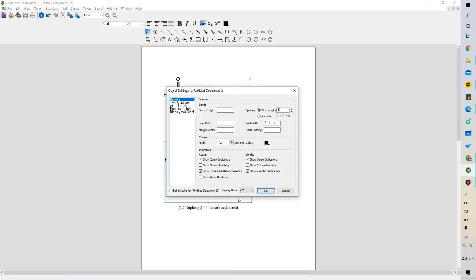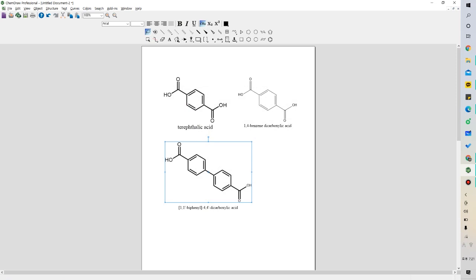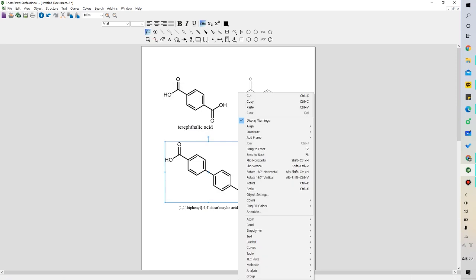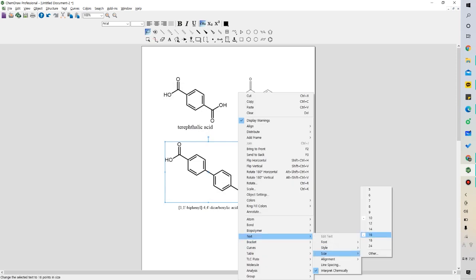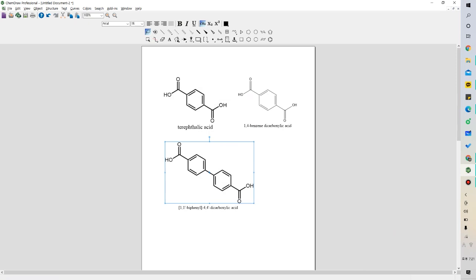Object settings and line width. I remember it was 0.07. Like this. And even the text size 16. Yep. So you can see we can make any type of atoms or molecules and simply modify them with this